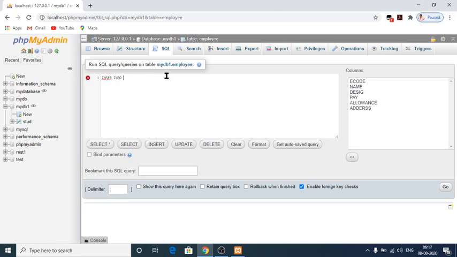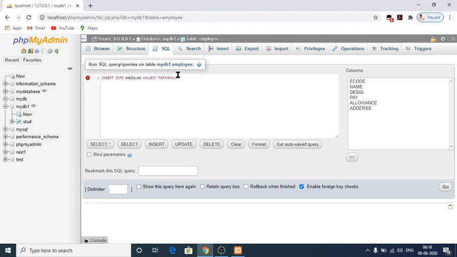Insert into employee values, address is equal to, here we have to give add values for that.